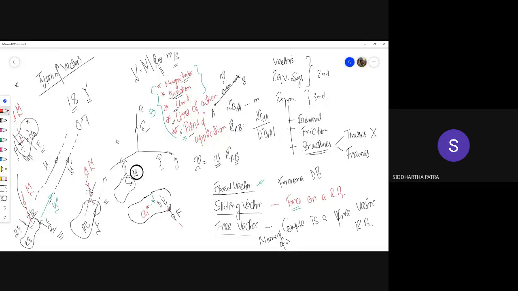The change is, first of all, you have to understand the point of application is important now. Summation of forces is still mass times acceleration, but mass times acceleration of the center of mass. You see, the object itself, other than translating, let's say the center of mass is translating, and other than the translation of the center of mass, the entire object could be performing a rotation about the center of mass,